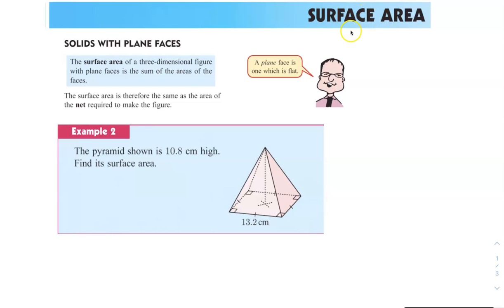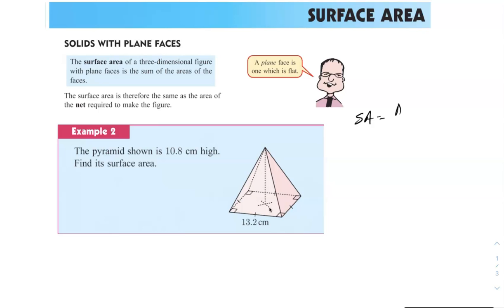Surface area. We're going to figure out how to solve surface area. Surface area is the summation of the areas of all the flat sides, all the faces. In this pyramid, 4 faces around form the pyramid, and then the base. And the way you generally find surface area